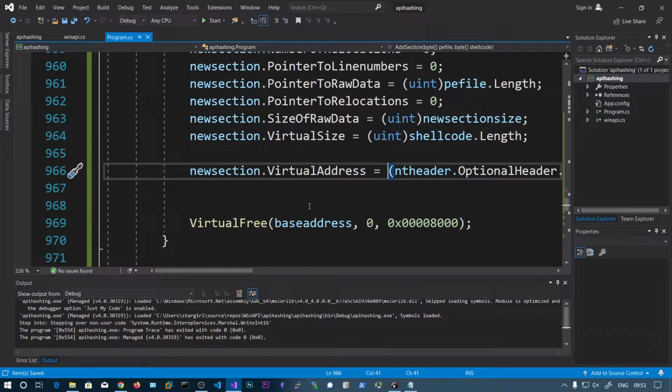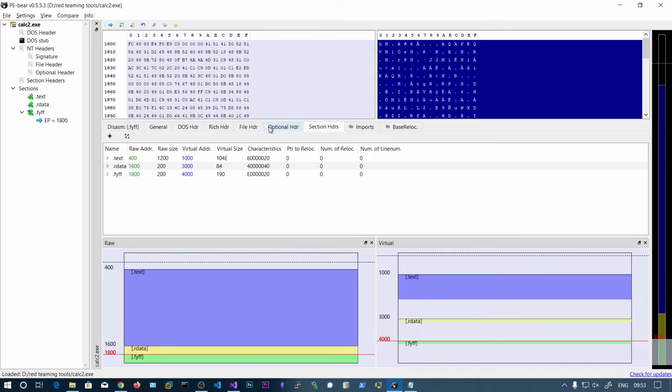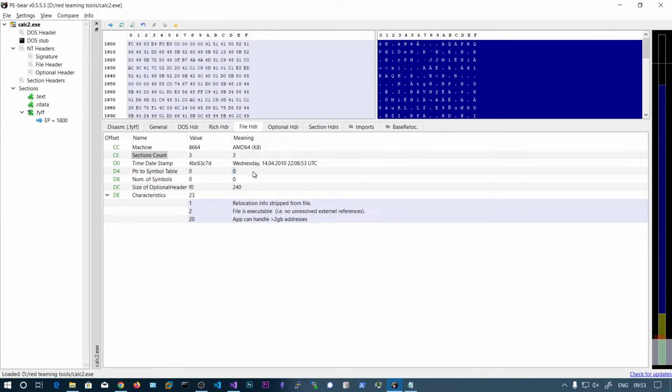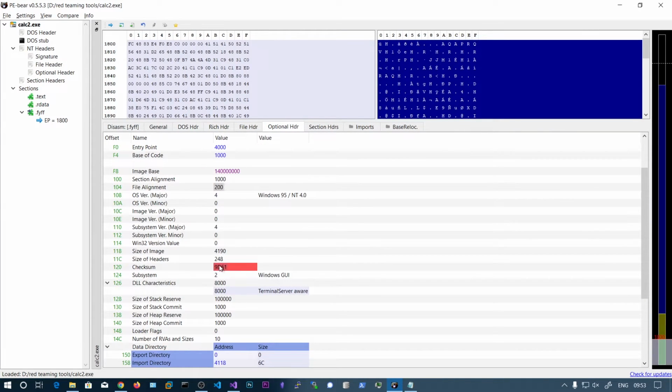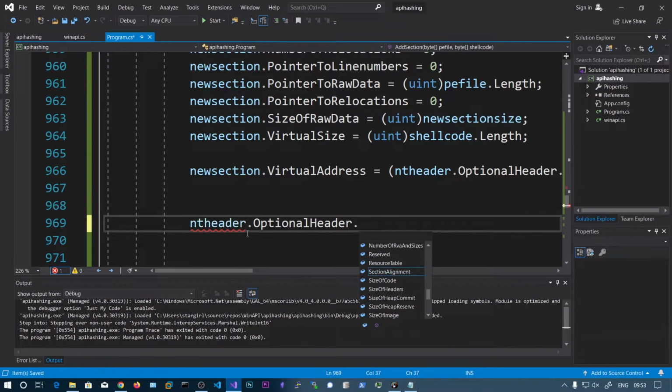My new section is ready, and a few more things we need to update are size of image and size of headers. So what we can do is nt headers dot optional header dot